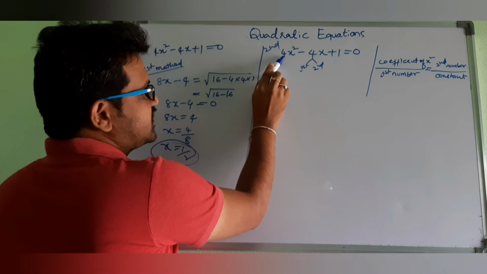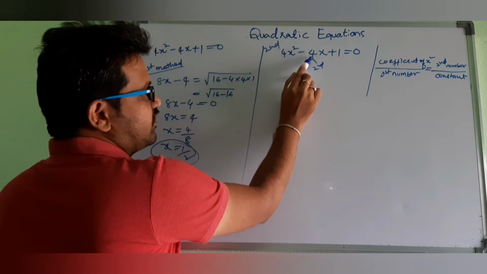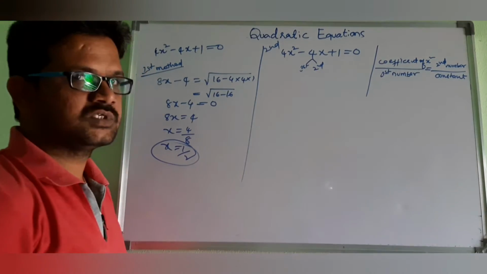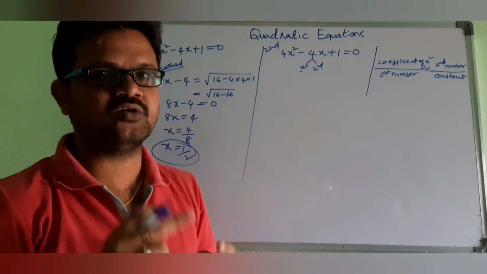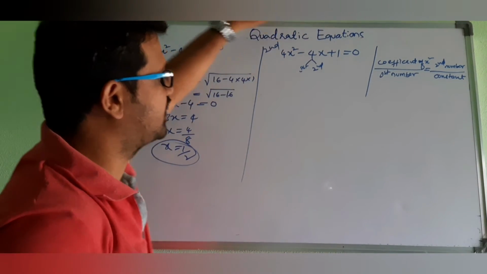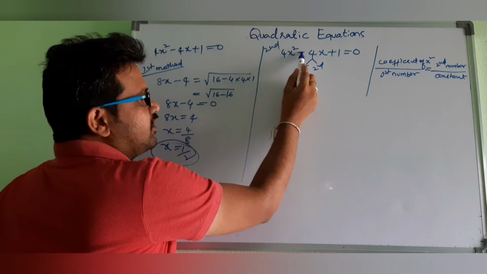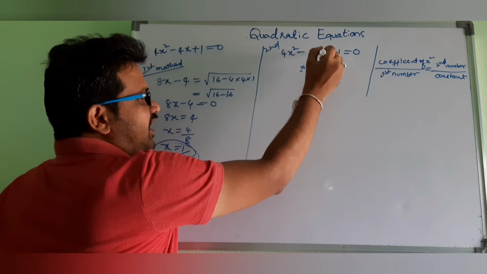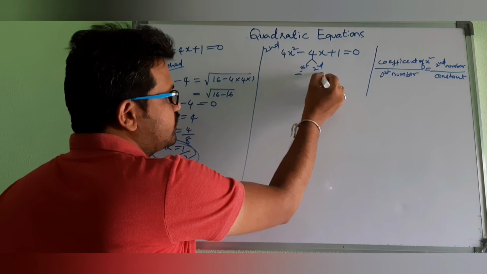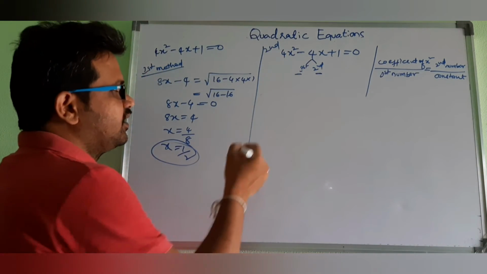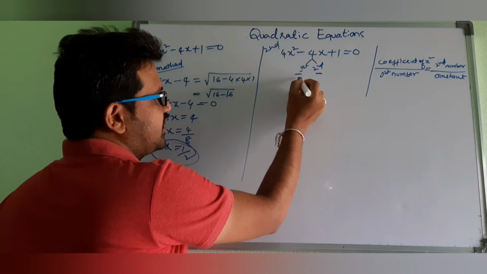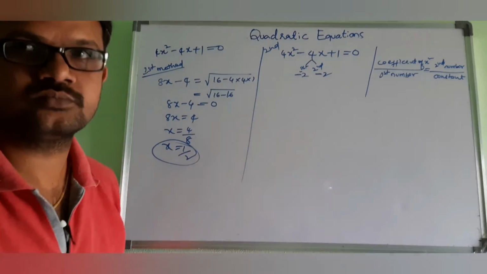Right. So here the coefficient of x square is 4, and this 4x we have to split into a first term and a second term, and this one is the constant. What I said in the previous method: when both are negative, the first one must be negative. So here, 4x square minus 4x plus 1. If you observe, minus 4 means the x term is negative and the constant is positive. In this case, both should be negative. How to split that? Both should be negative, so for minus 4 we should get minus 2, minus 2.